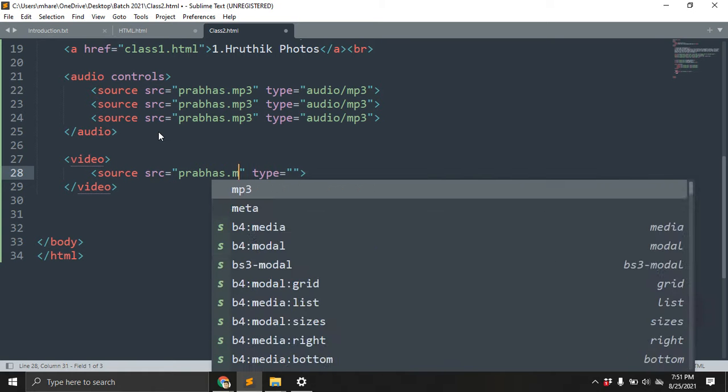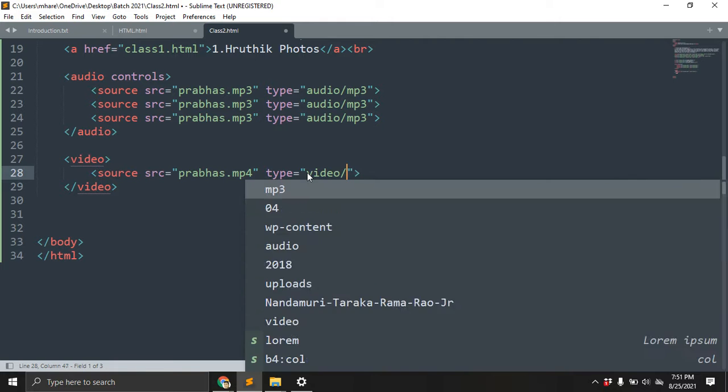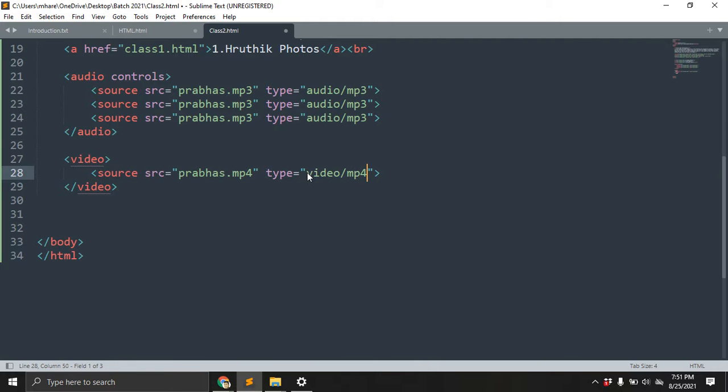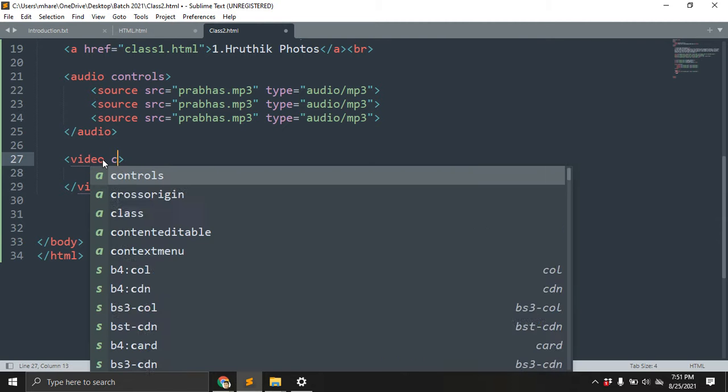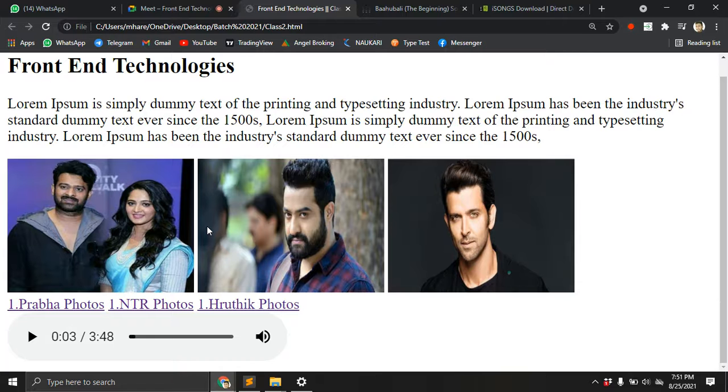Prabhas.mp4, here is the video, right? So I'm giving mp4 here. Here is video and mp4, don't be confused. After that, here also the same controls. Okay, controls.